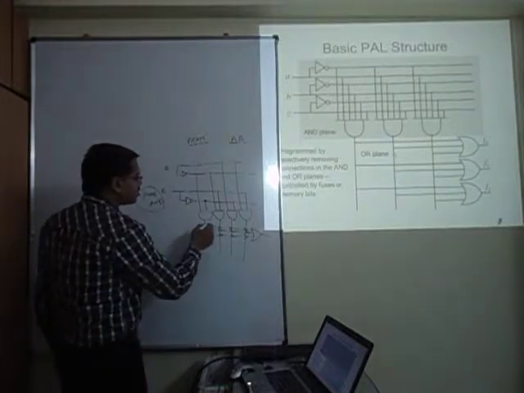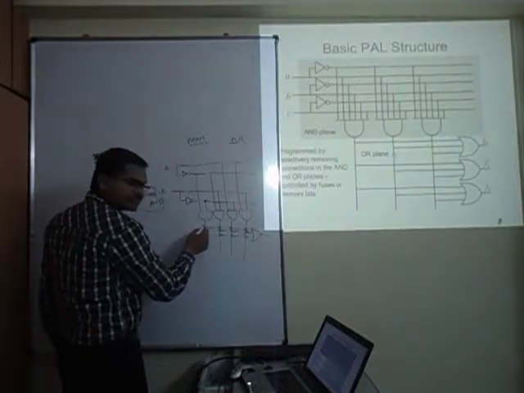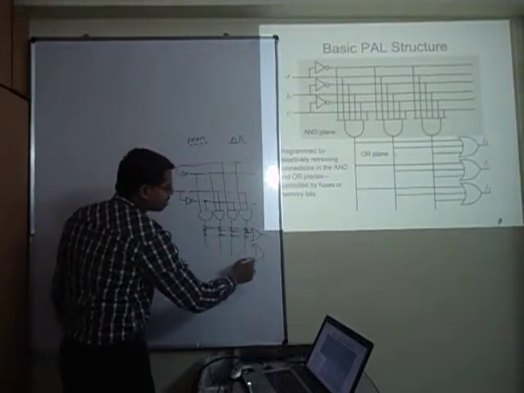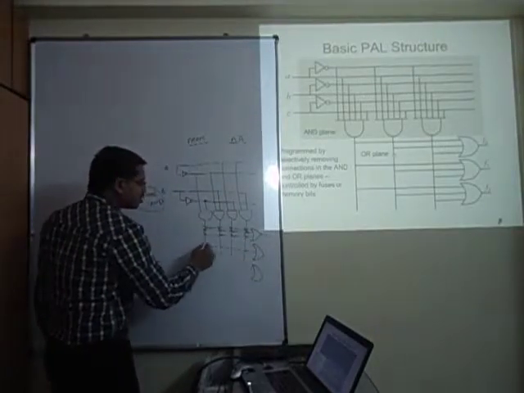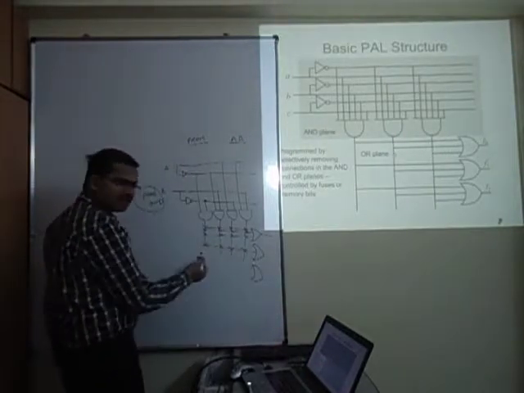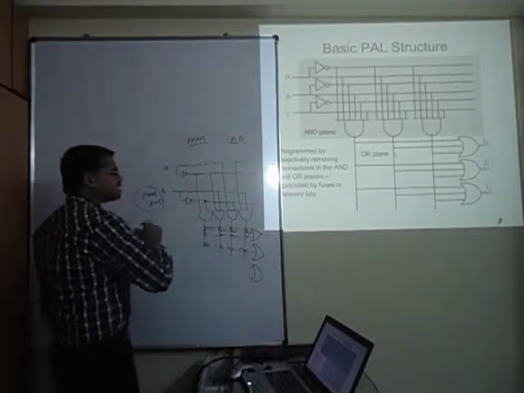So let us say you want to take this. Then you can blow these 3 fuses. Like this, you may have another OR, you may have another OR. In short, one can represent it even like this also. So this could be one notation. So now this is what you mean by PROM.